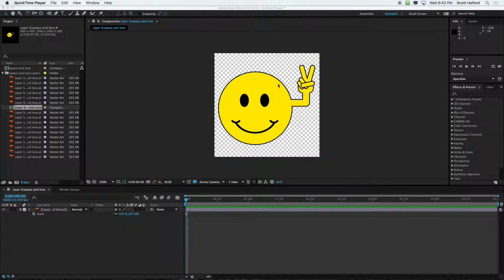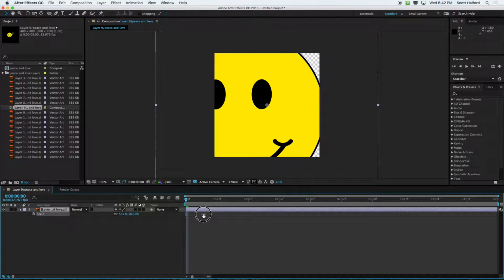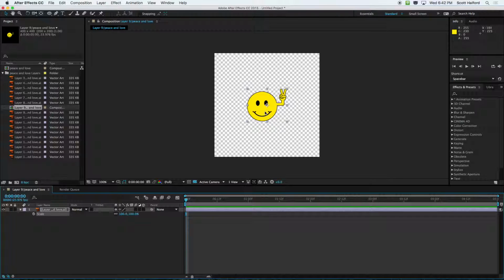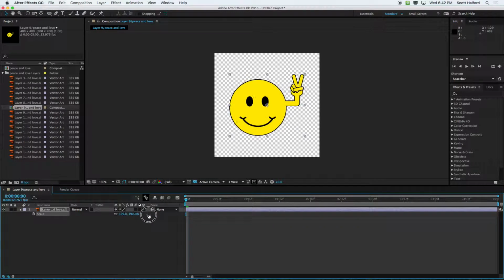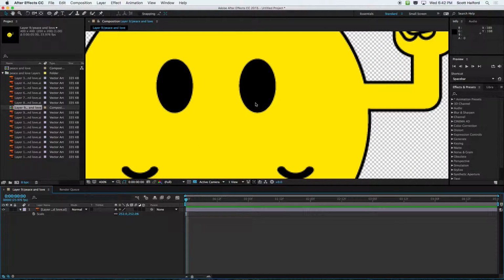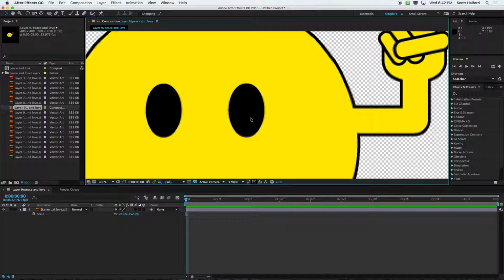So right now what I've done is I've created a composition that's 400 by 400 and placed this smiley face into it. It's an Illustrator file, which means it can be continually rasterized, which is a good thing because if I make this 100%, that's how big it is in my comp. So if I make it nice and big, I need to have it continually rasterize so that it remains sharp. All right, I'm going to make sure this is full